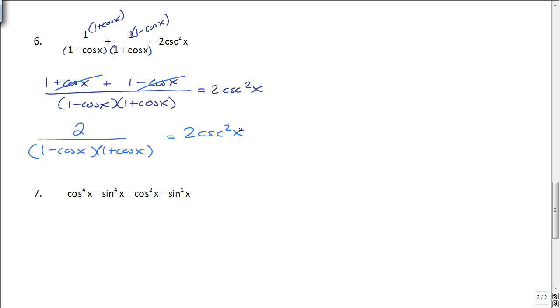So now the question is, what are you going to do? What other types of hoops do you think you can jump through now? Well, how about you FOIL those guys on the bottom? If you FOIL these guys on the bottom,